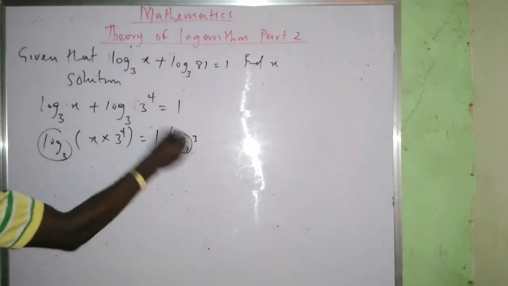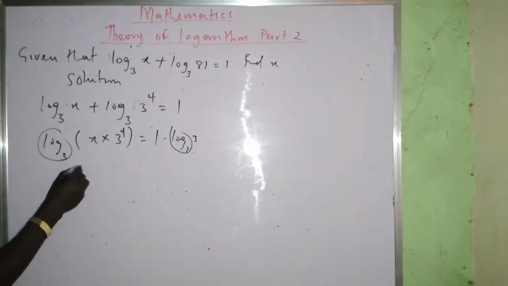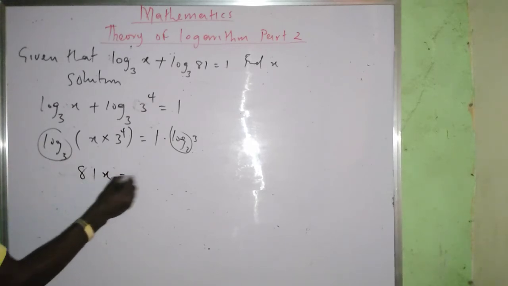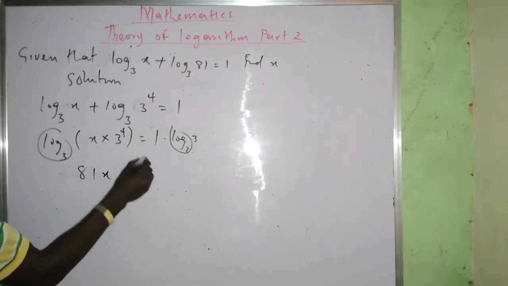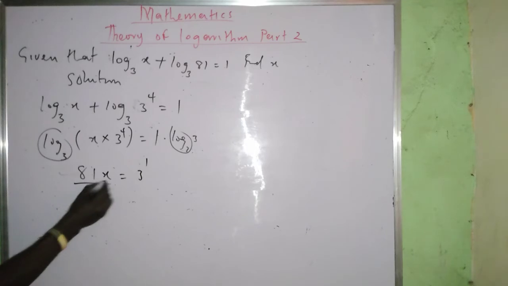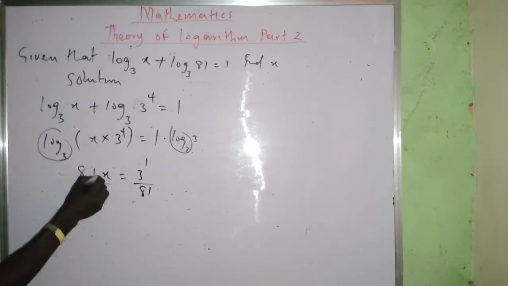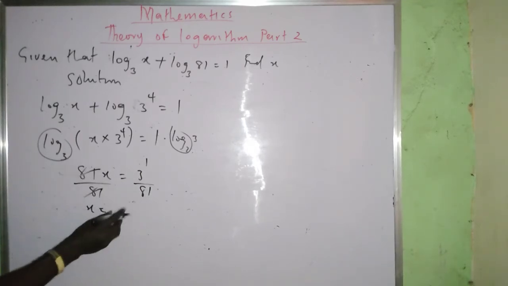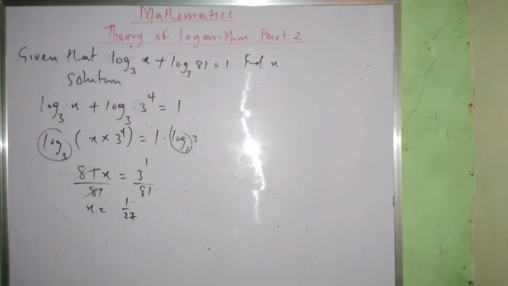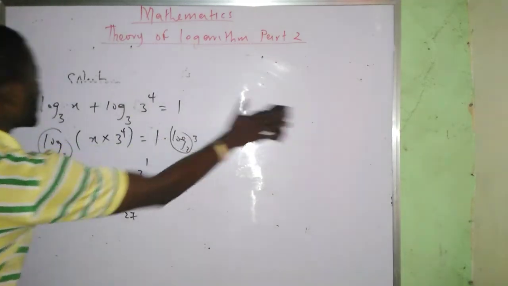Since this and this are equal, it means x multiplied by 3⁴, which is 81x, equals 3 raised to the power 1. Divide both sides by 81, so my x equals 1 all over 27. That is my possible value for x. And another one that can come up,